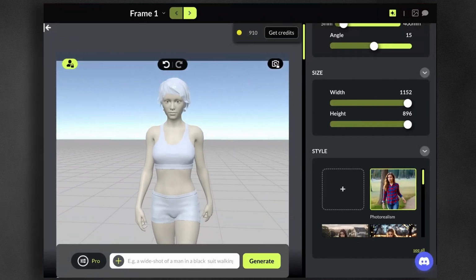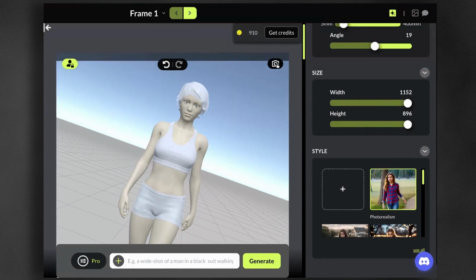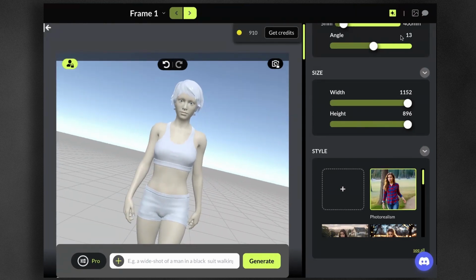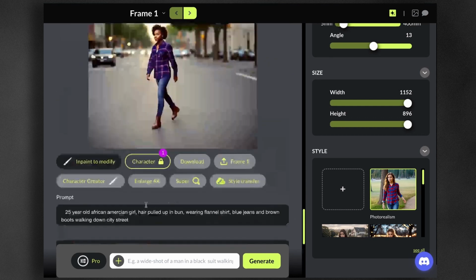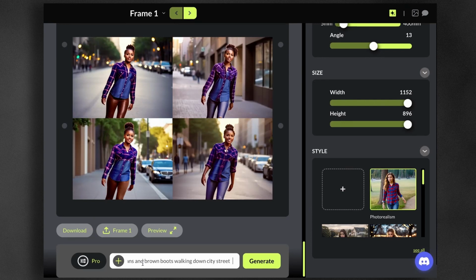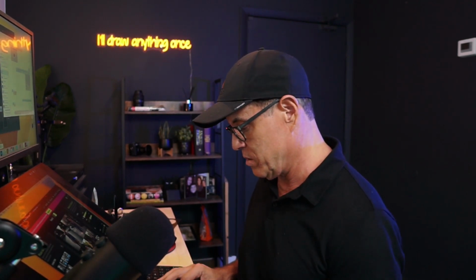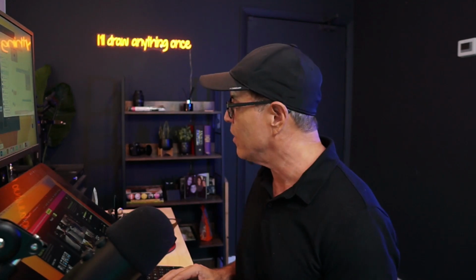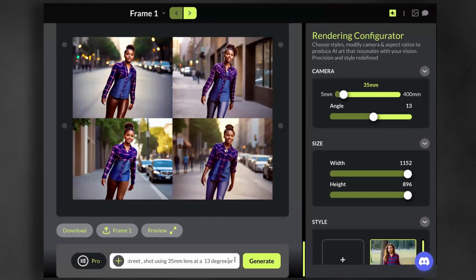We do see that. I want to make sure that we can see that angle right there. Okay, now I've got about a 13 degree, this says 13. So what I want to do is on this next prompt, I'm going to select this and put the same prompt, and then I'm going to put shot using 35 millimeter lens at a 13 degree angle, 13 degree